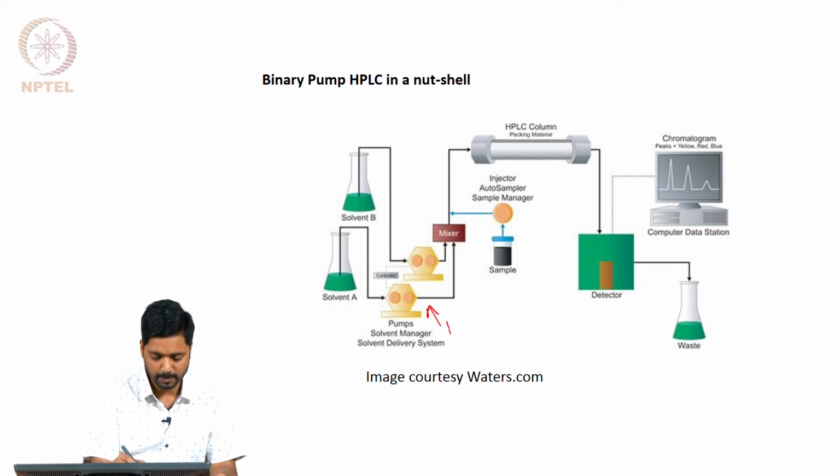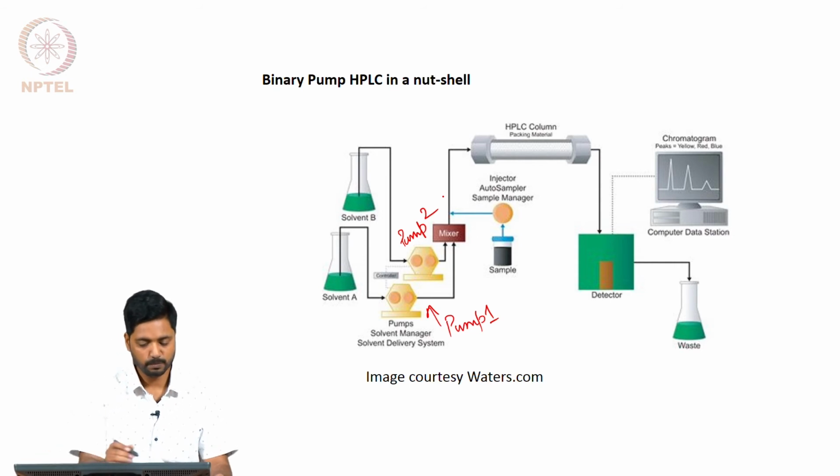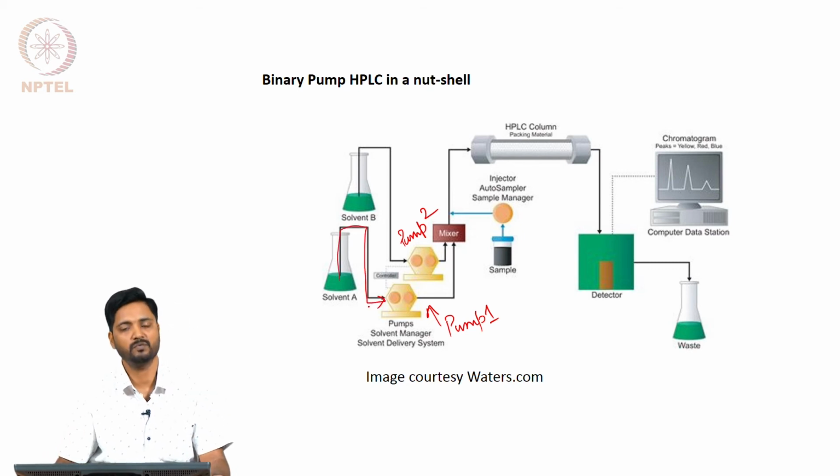So, this will be pump 1 for solvent A, and we also have another pump 2 for solvent B, and these two pumps are being input through either the solvent A or the solvent B, and the rate at which these pumps pump the solvent will be utilized to control the volume fraction of the solvent that goes into our